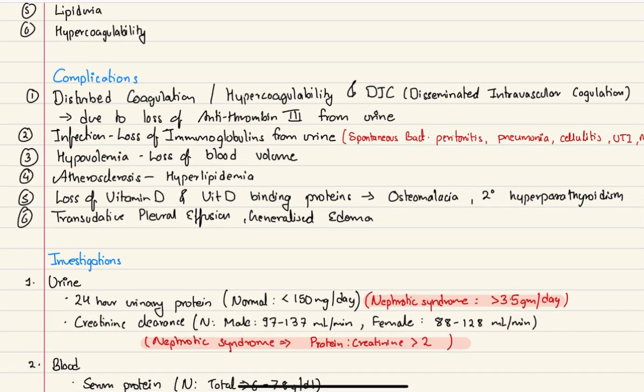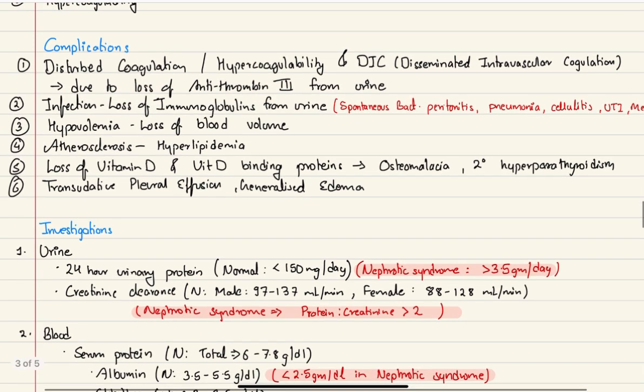So, what are the complications of nephrotic syndrome? The complications include disturbed coagulation or hypercoagulability and DIC, disseminated intravascular coagulation. This is due to loss of antithrombin 3 from urine, as I've already told you. The next complication is also infection. Why infection? Because there is also loss of immunoglobulins,